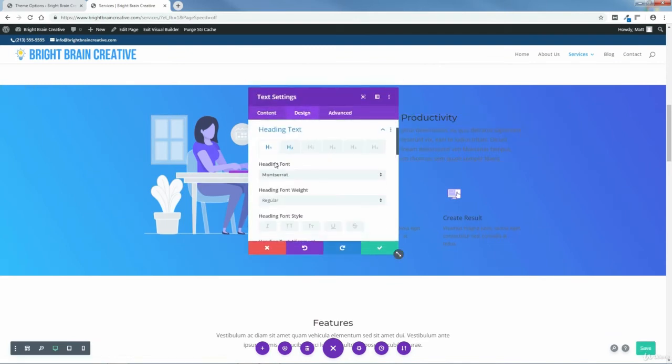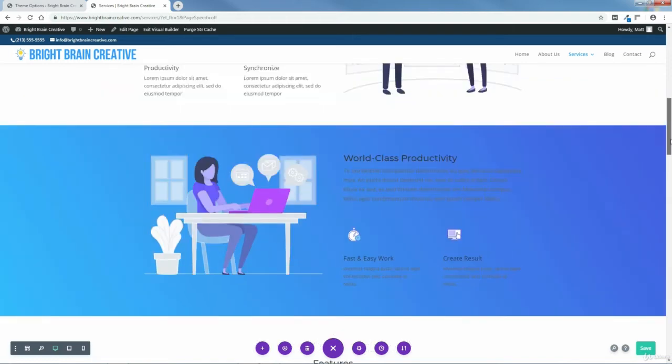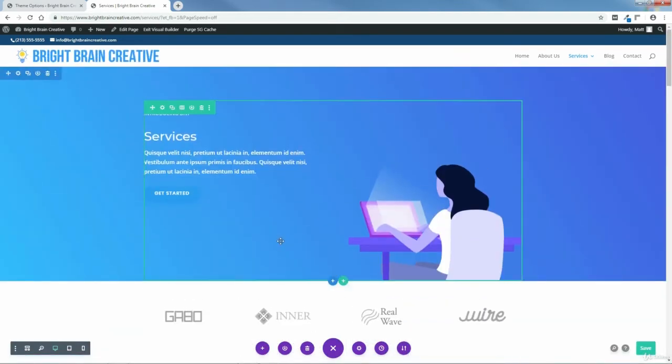Design, Heading Text, H2, yep. These are all Montserrat now. Perfect. Okay, next what I want to do is I want to make all these images,